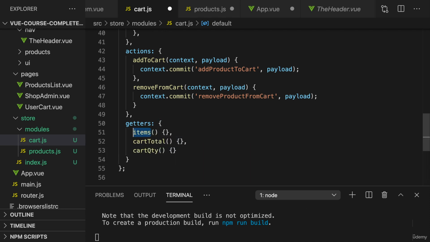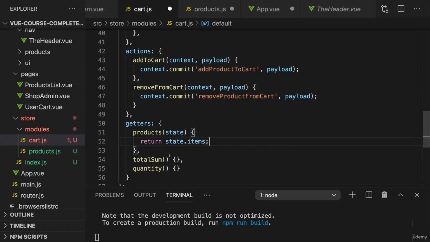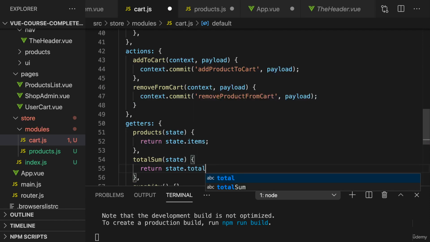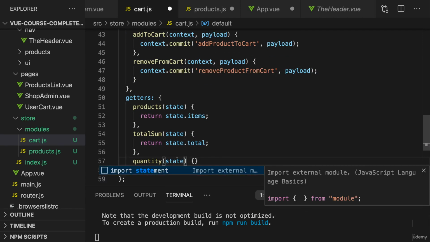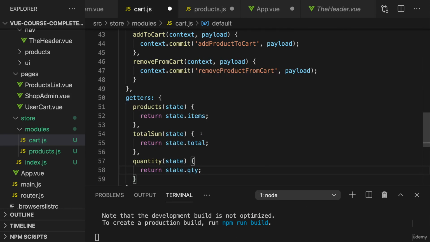Or, since this is all in the cart module already, just name this items or products or whatever you want, total sum maybe, and quantity. And then here return state, which we get in a getter automatically, state items. Here in total sum, return state total. And here return